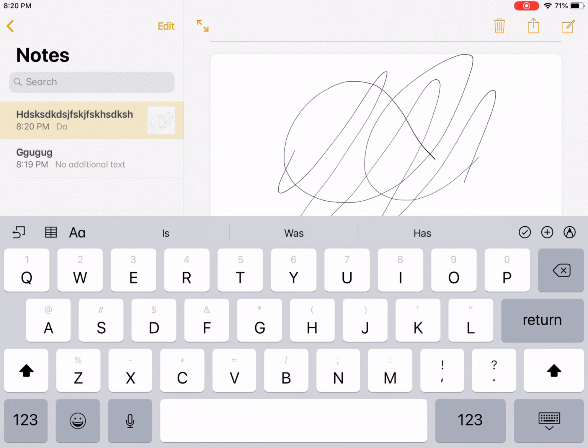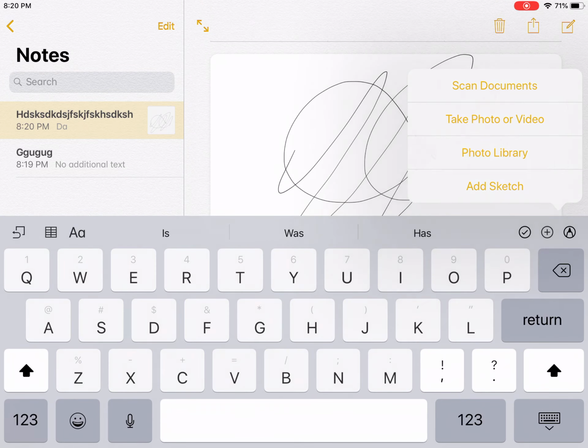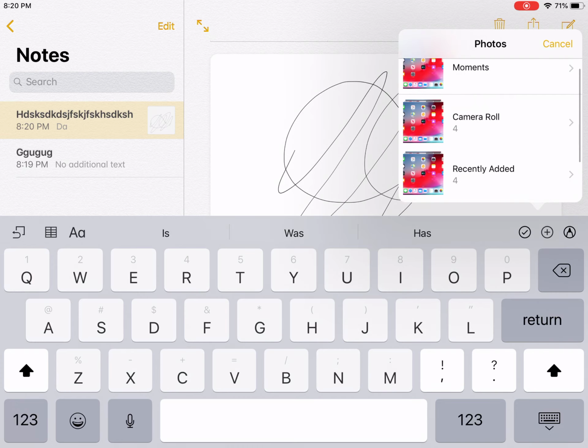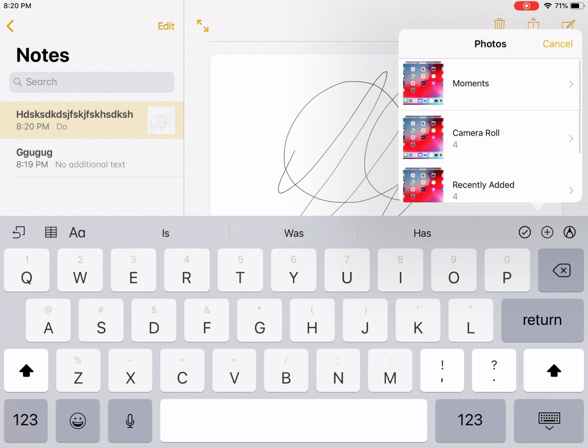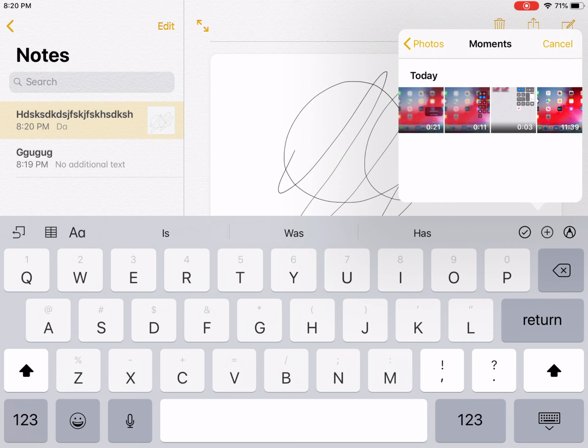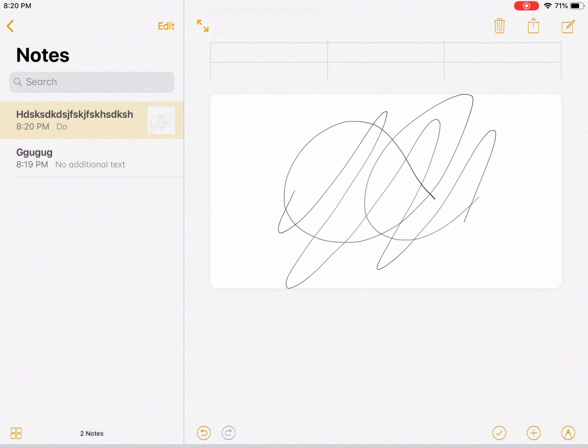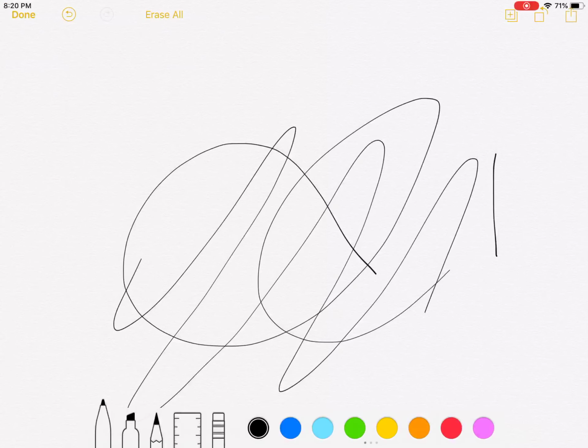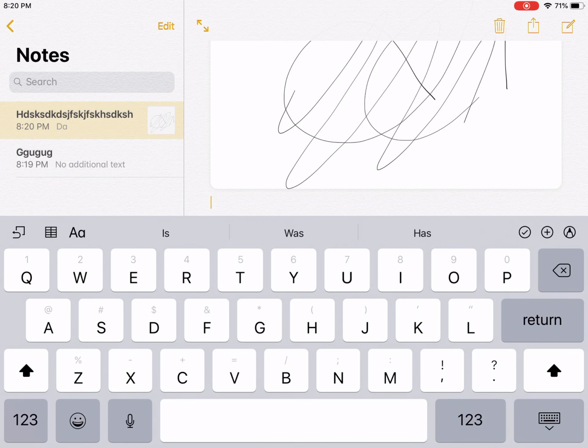Then if you want to add a photo, you go to photo library. It'll come up with all the photos. All I have is videos of these screen recordings, so I'm not going to add any of them. And that's how you add them. And then you press done. Put the keyboard down,